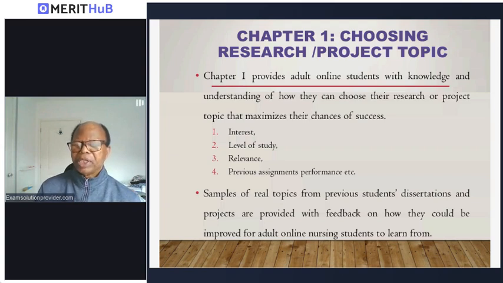So what are you interested in? So what are we talking about? We are talking about probably looking at what is the career you want to pursue. If you want to pursue nursing, then the topic should be related or relevant